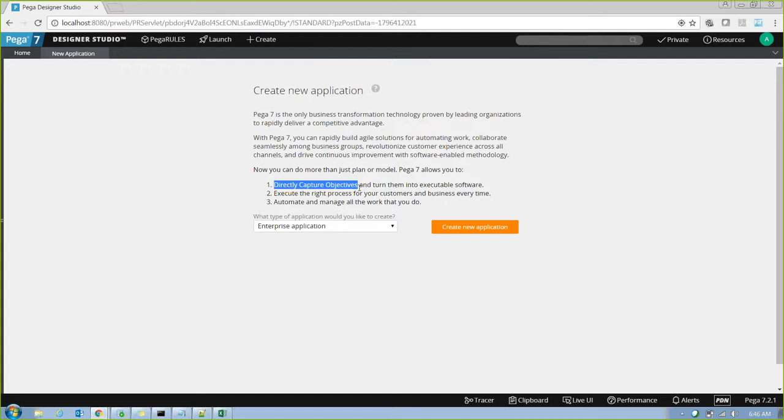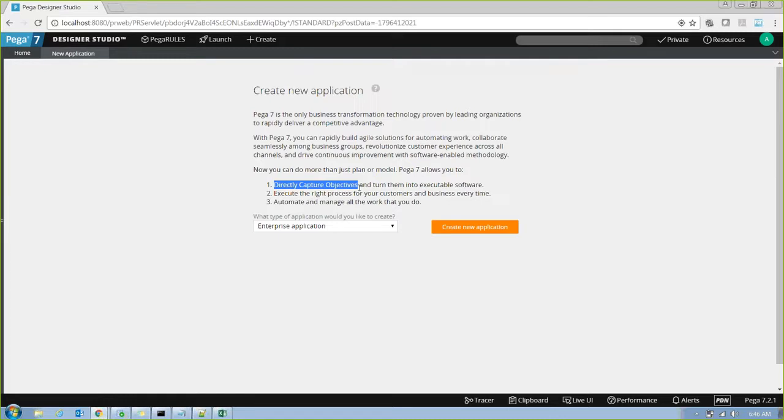Okay. So what is direct capture of objectives? Direct capture of objectives means gathering your business requirements. Whenever you ask why Pega for your project, there is one good reason. In most traditional approaches, the requirements gathering is done in one tool and the development is done in some other tool. So there's a huge gap. The requirements were gathered in a tool by the BA and development is done by the developer in another tool, so there's a huge gap between what is expected and what is delivered.